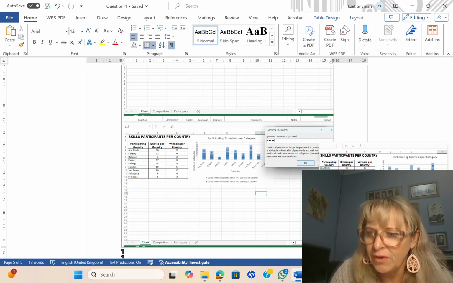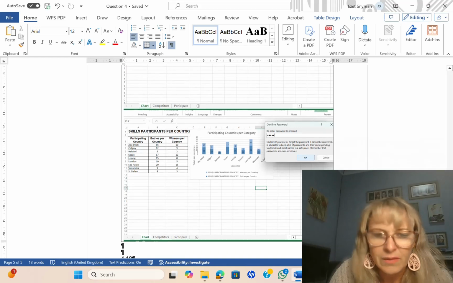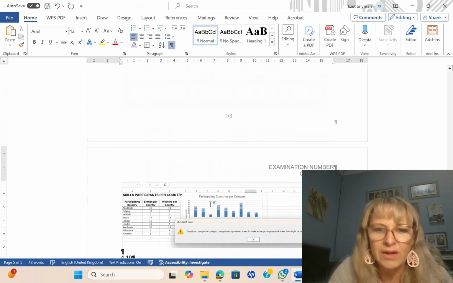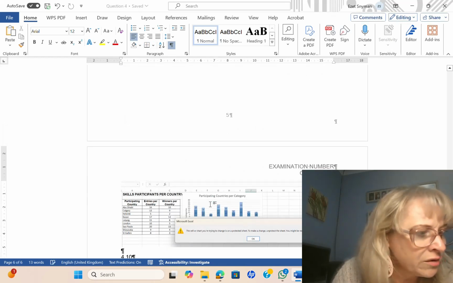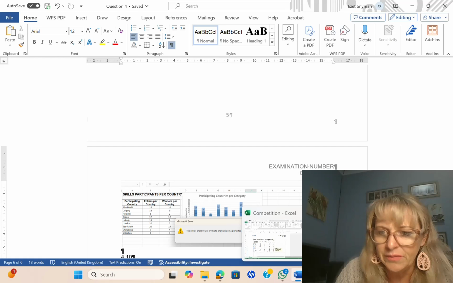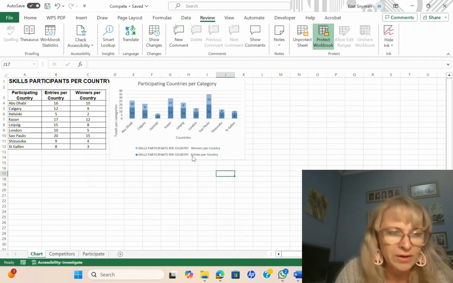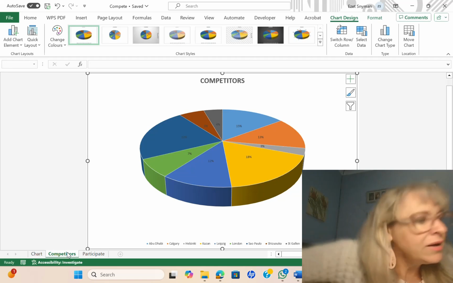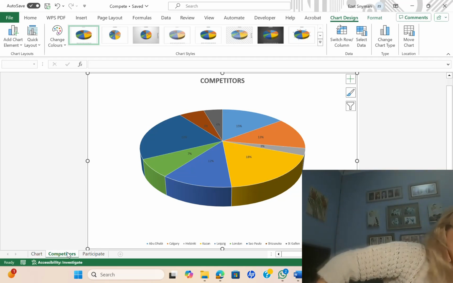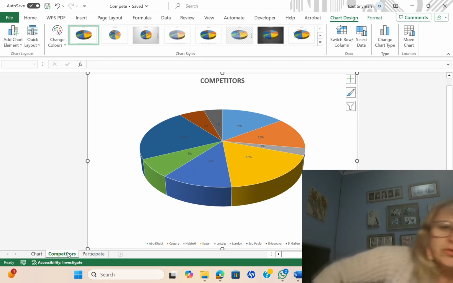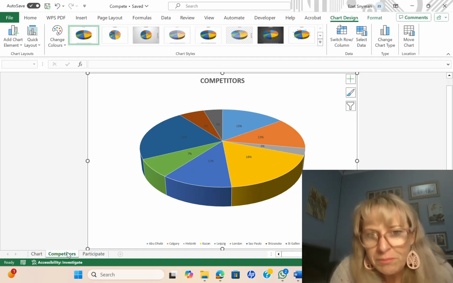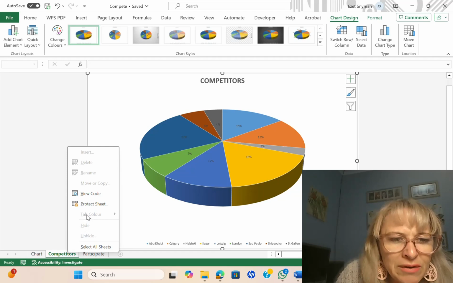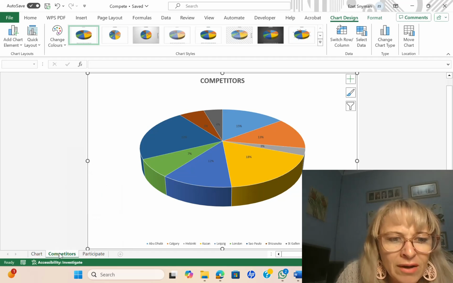Let me just see if there's no 4.8. No. But anyway, so we just go here below the previous one and paste it there to show that you did protect it. All right. Okay, no worries. Now the next question, 4.9. Now they say create a copy of the competitors worksheet and move it to the end. So on this competitors sheet, once you've opened it, then you're going to go to where it says, okay, let me see.